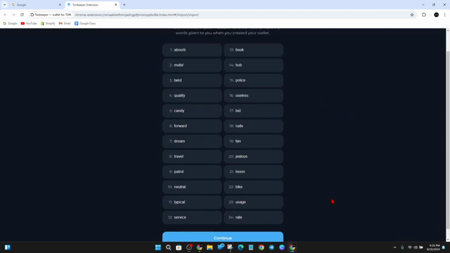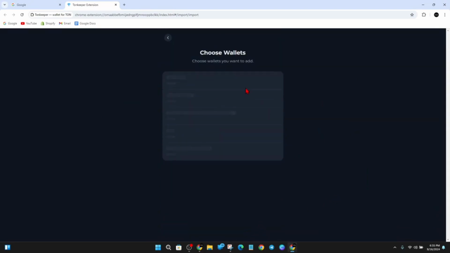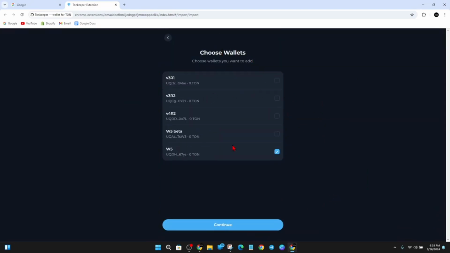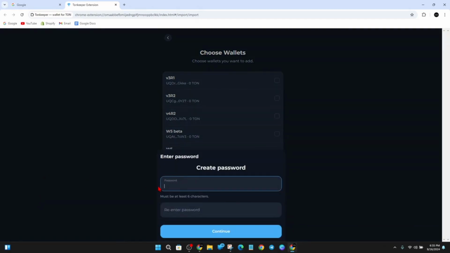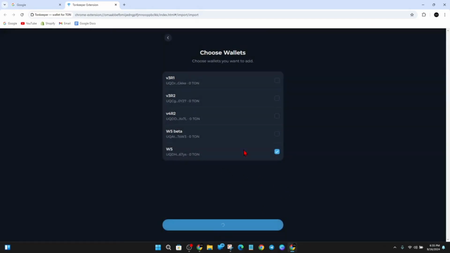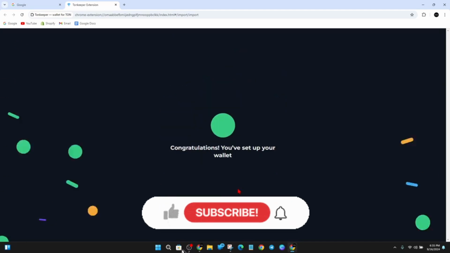So from here, click on continue. So now choose wallets. So now this is the one. So I'm going to click on continue. Now I'm going to create a new password. Click continue. Click saving. There you go. So we've set up my account, and that's how to